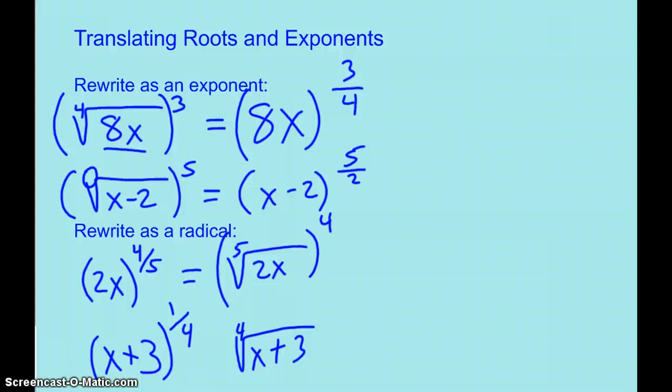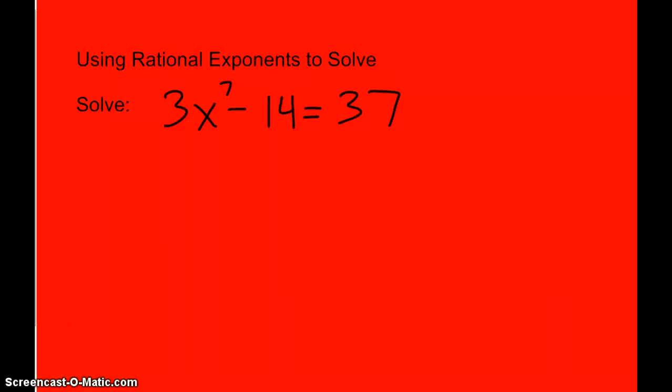So that's what we call translating, where you're just switching from one form to another. The last step that we're going to do in our homework today is going to be around solving an equation using a rational exponent. If you're given an equation like 3x to the 7th minus 14 equals 37, we're going to solve that by adding 14 to both sides and dividing by 3. X to the 7th equals 17. When you go to solve that,